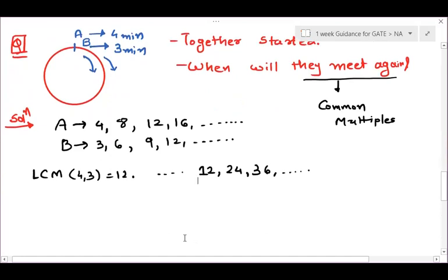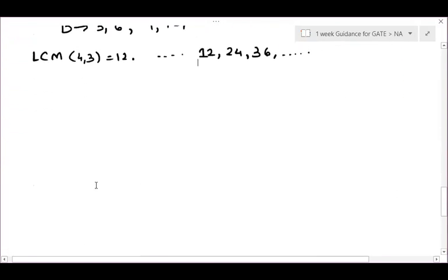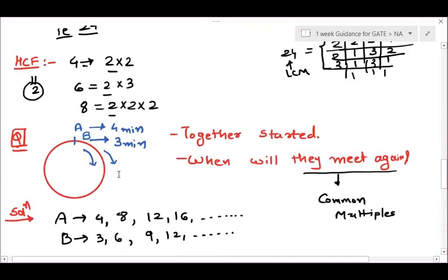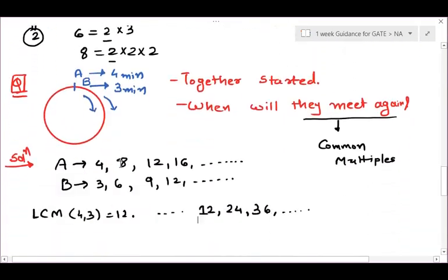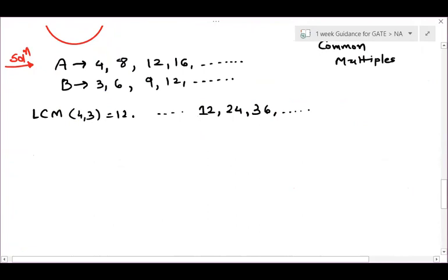Is it clear? So this is the thing. This is the backbone of how you can compare your quantities. This is how you can analyze your question. Is it clear now? Please give me some response. So HCF and LCM was just to give you a brief idea.